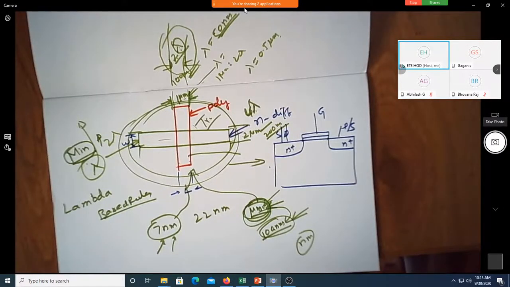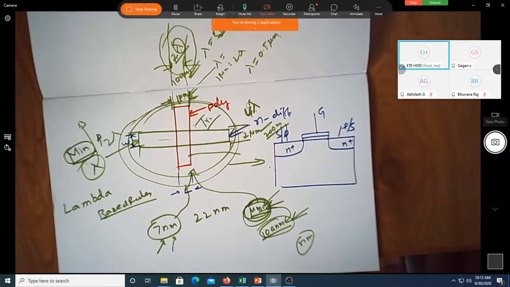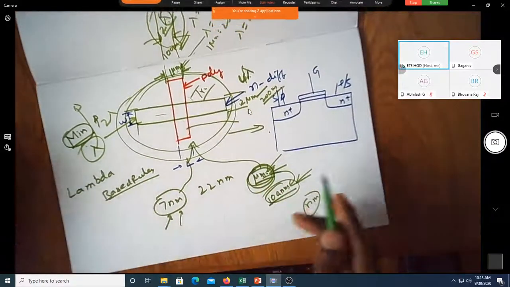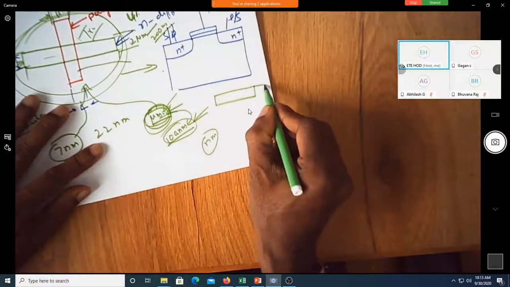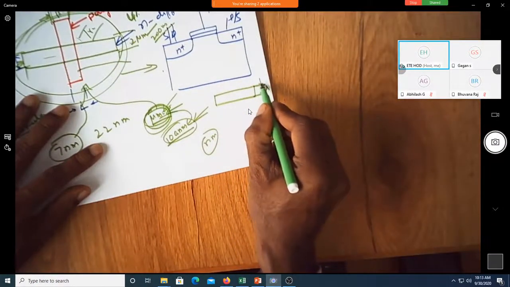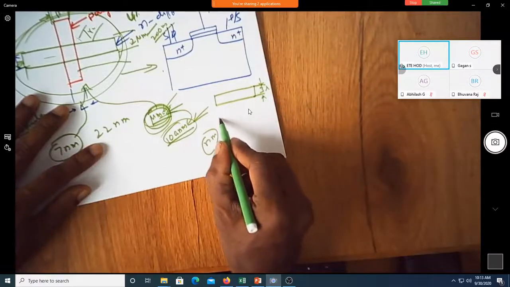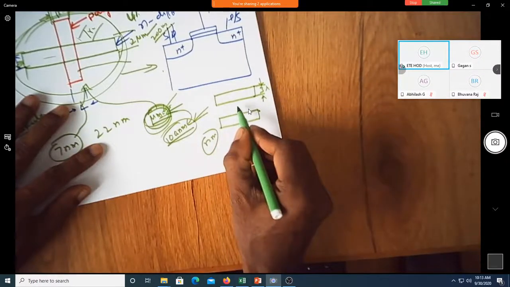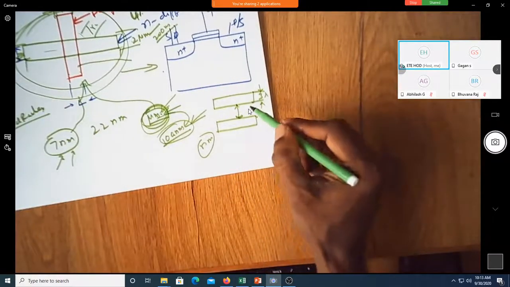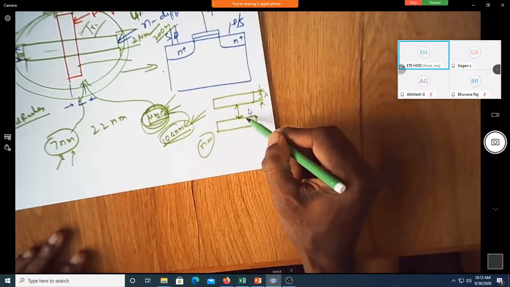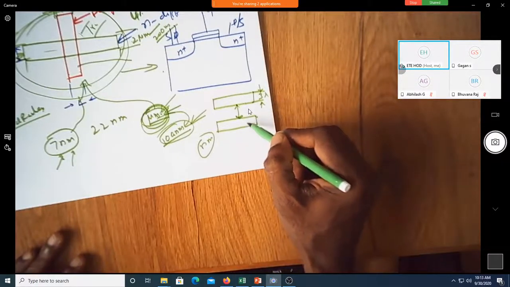What do you mean by minimum spacing? There is a possibility that you may have one metal line here, having some minimum dimension of 3 lambda. Assume that you want to place one more. There should be some minimum spacing between these, because it should not be too close and it should not be too far.